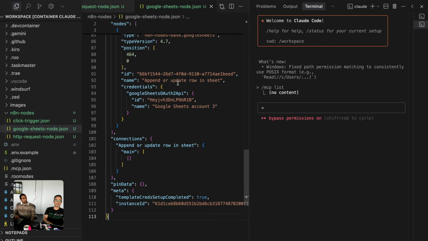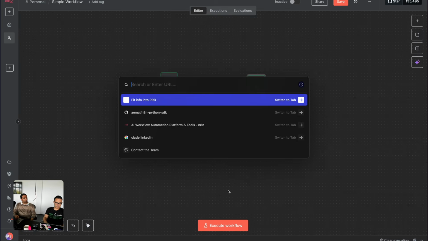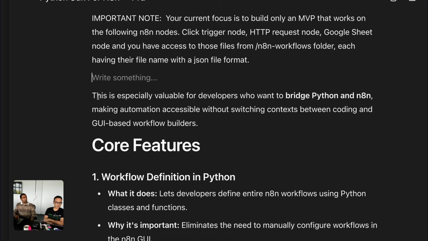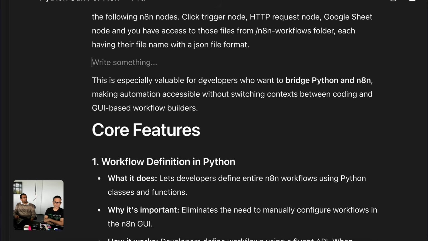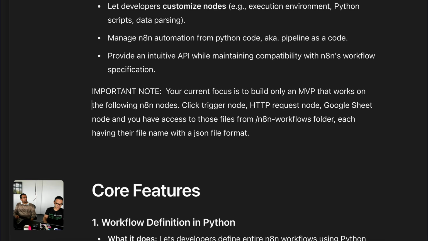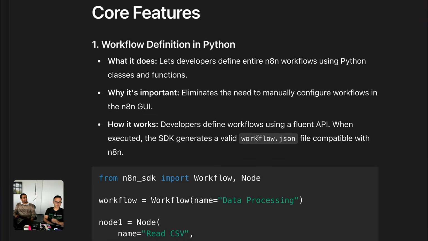Okay. Now what's next? Next is that we continue our prompt, PRD prompt, okay? That's the important note there. I think this can stay before the important note. It's just the value prop. Okay, the core features,